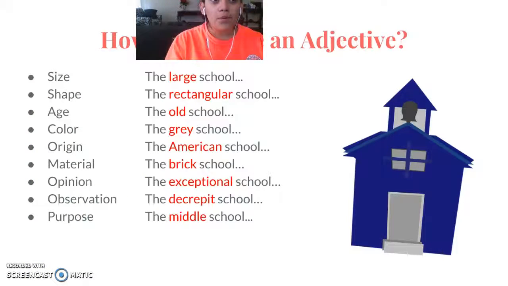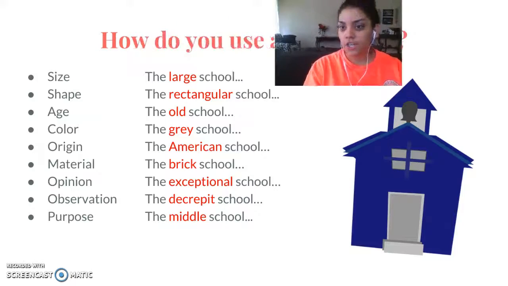Okay, so there are a couple different ways in which you can use an adjective. Sorry, just trying to find a good spot to sit. Okay,